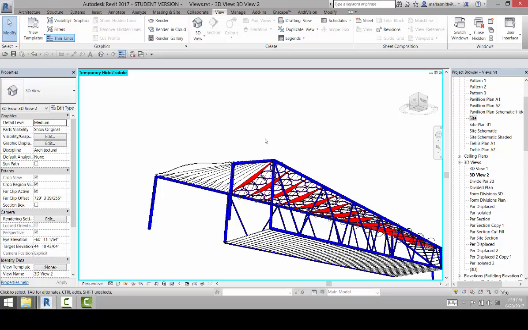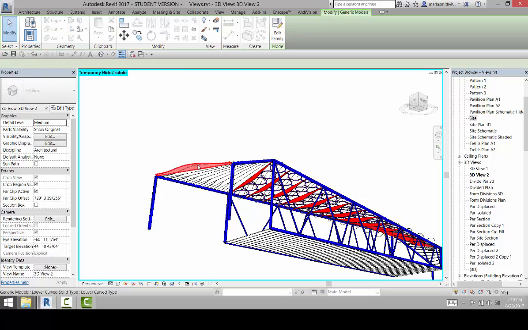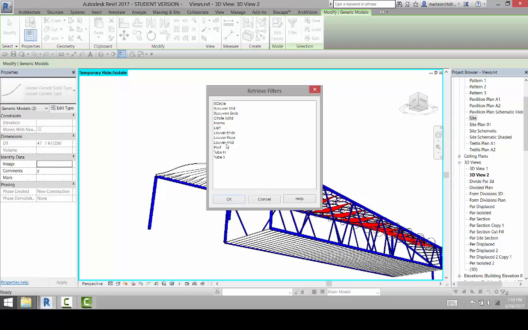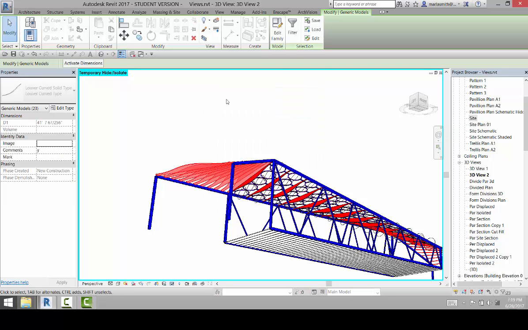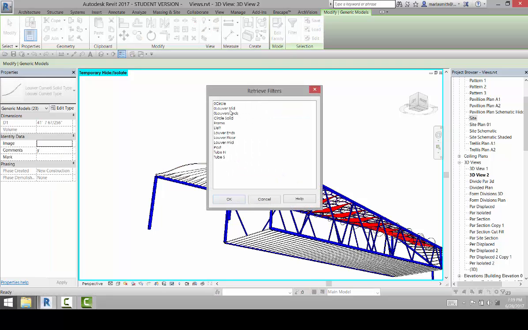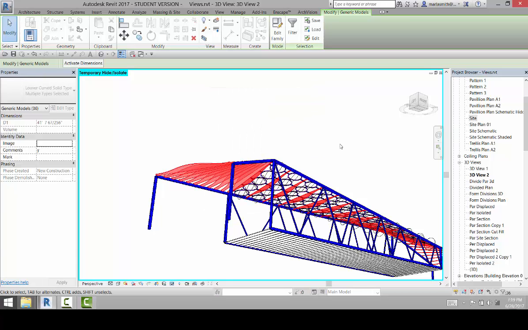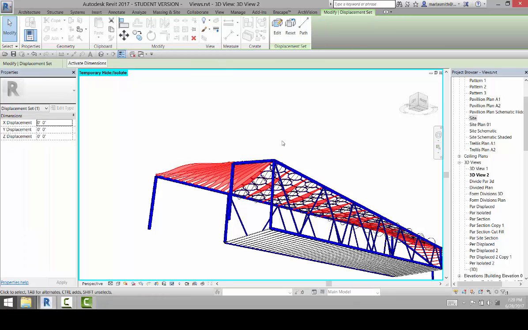So now what I'm going to do is use these selection sets. I'll just pick 2 of those, and now I can go to load, and I can load the louver, the 0 louver ends, and then I can load the mid as well. And so now I have all of those selected, and I'm going to come up here to what's called Displaced Elements. And it's in the View panel, and I'm going to left click on that,